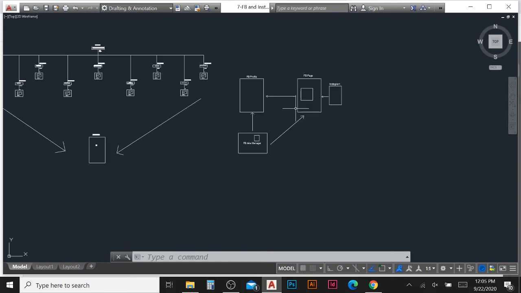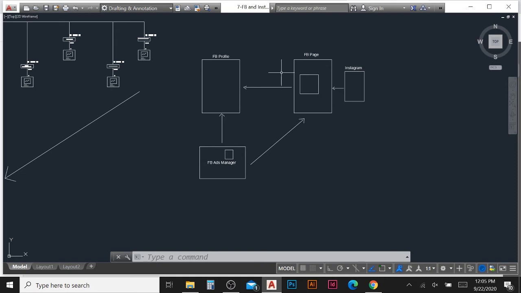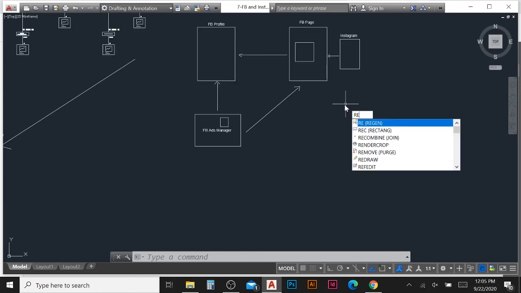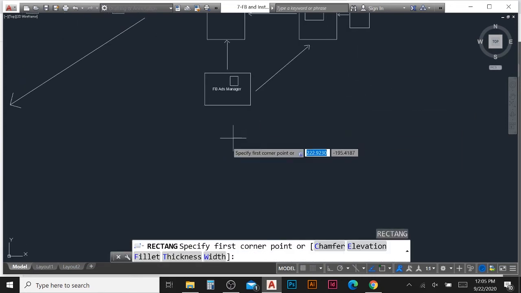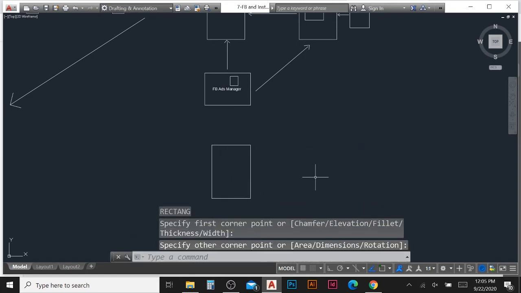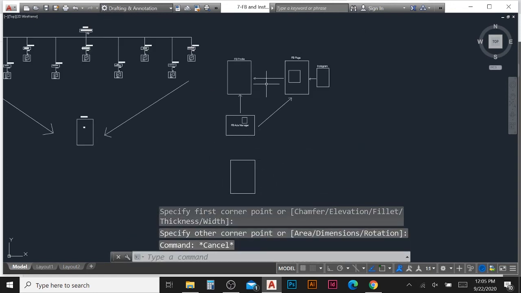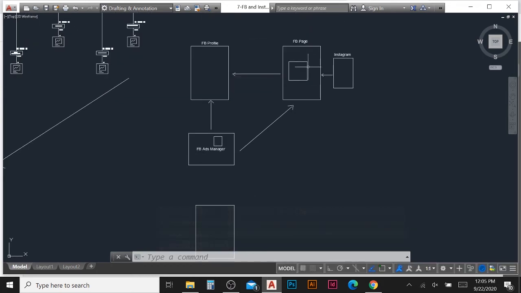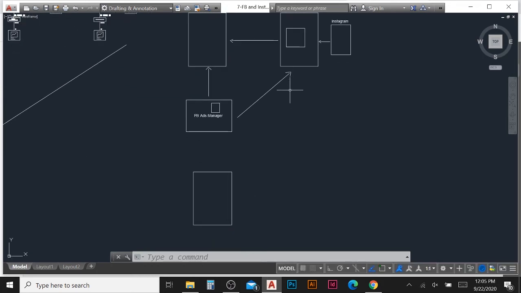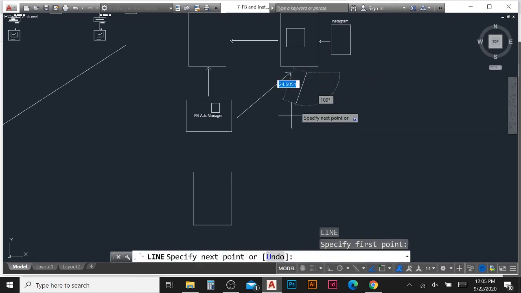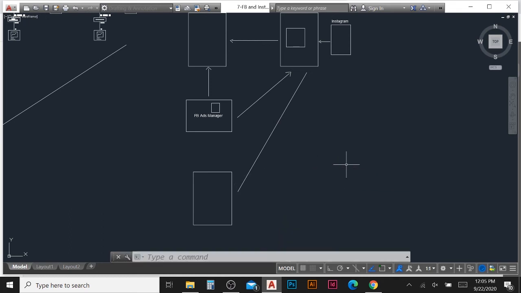For example, imagine this is one company profile, and this is the company Facebook page and company Instagram profile, and this is, for example, my personal profile, and I just joined this company. So how will I manage that company's business page, Facebook and Instagram? The company needs to assign this Facebook page to my profile.